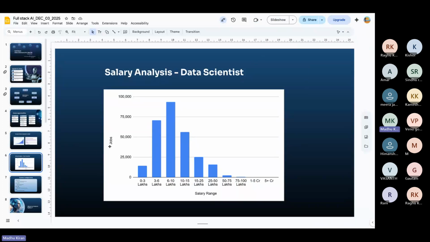So we have seen the life cycle of data science, different career opportunities, job profiles on Naukri, the salary discussion. But the question would be, will data science be the field in 2026? What do you think? You all are here, so you might have some understanding about what AI is. Is there a future for AI, or maybe you think it's already stabilized? If you think there's a future for AI in the coming years, what is your reason for it? Why do you think we have a future for AI?